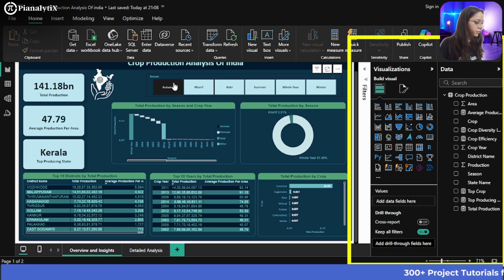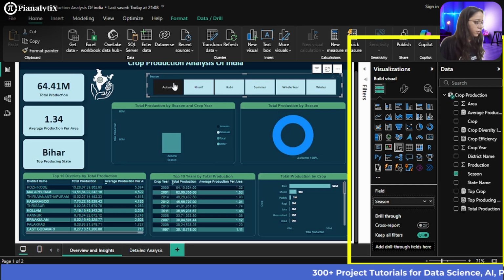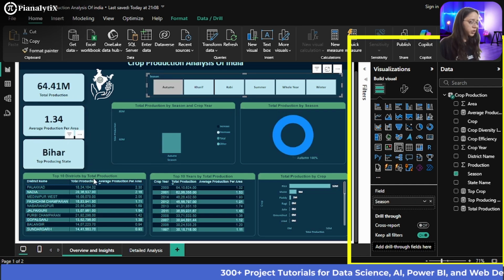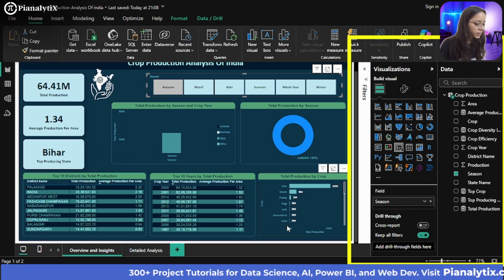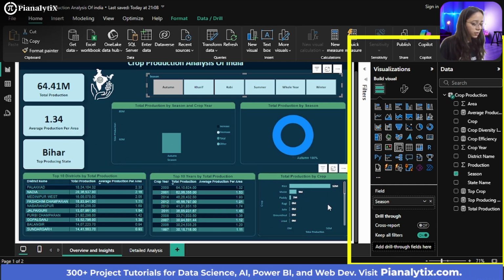For example, for season autumn, you can see the total production, the average production area, and the total producing states. And you can see that for autumn, rice was the highest producing crop.